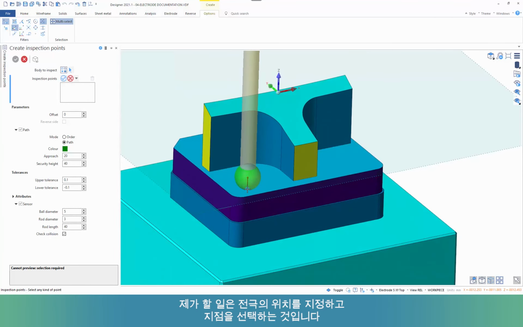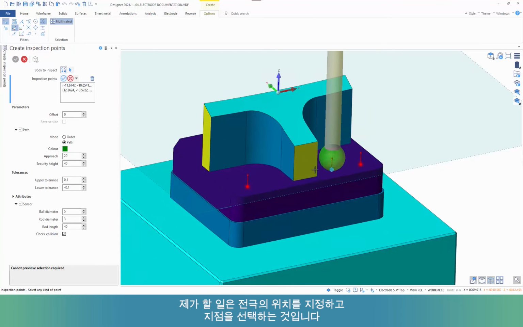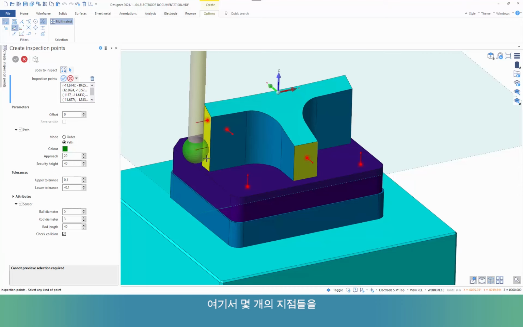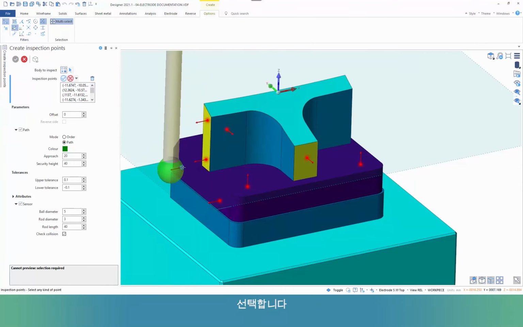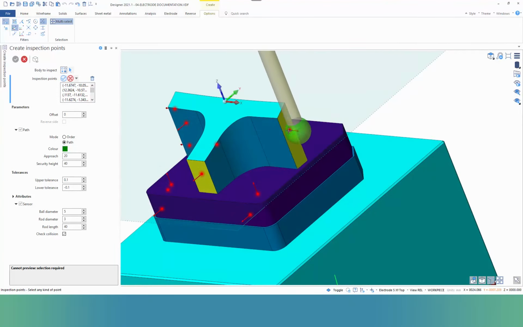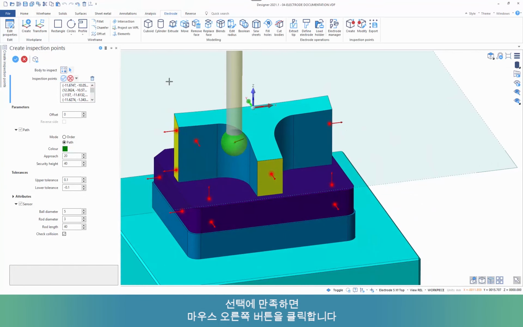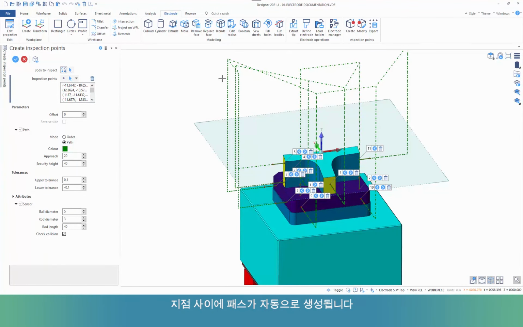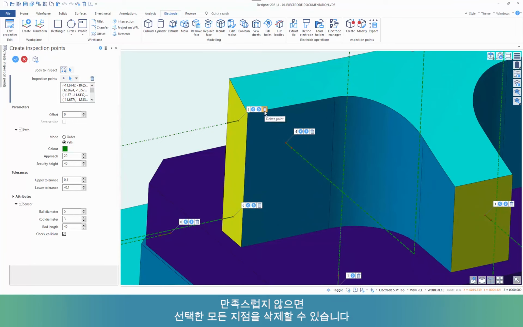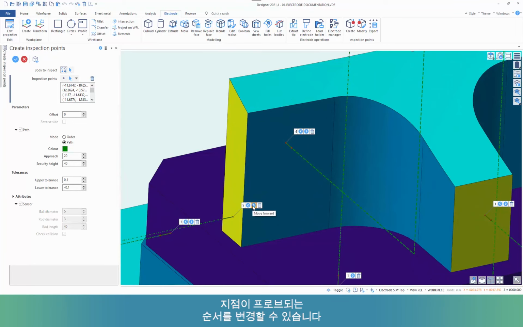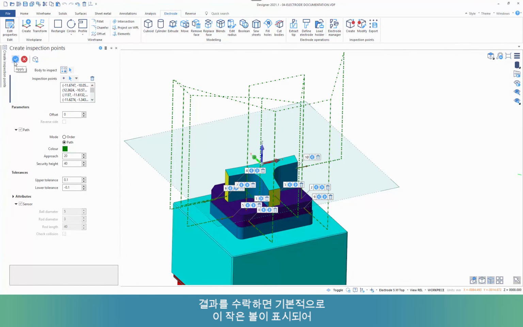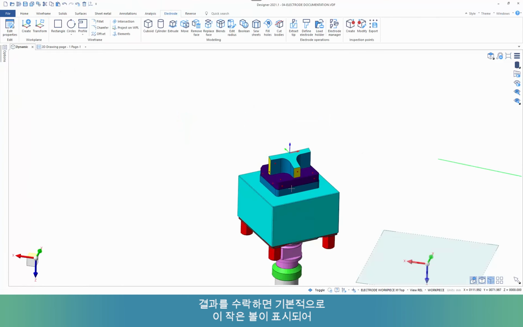So all I need to do is start positioning and selecting points on the electrode. If I pick some points here, some points here, I can put on as many as I wish. When I'm happy with the selection, I can right click. It will automatically create paths between the points. I can delete any points I've put in that I'm not happy with. I can change the order that the points are probed in, and if I accept that result, basically it puts